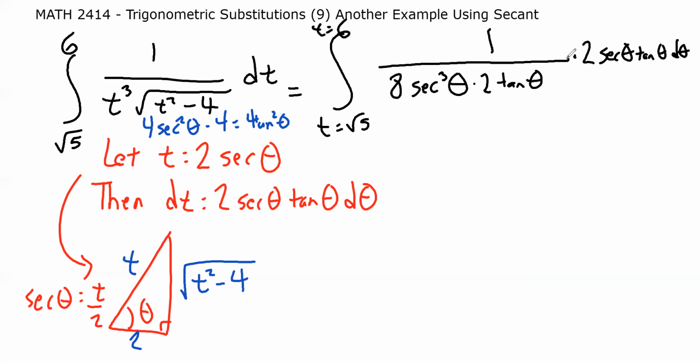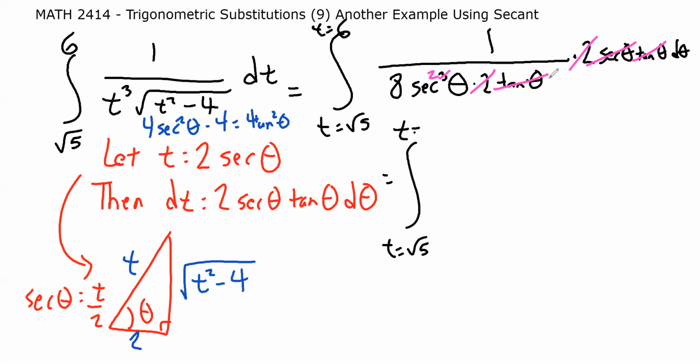In the top of the fraction, bottom of the fraction, we have a tangent, so that's good. The 2's will cancel. Remember, you can cancel parts of multiplication problems and fractions. And even one of the secants is going to cancel. That will leave a secant squared down there. Let's see where we are. We have the integral from t equals the square root of 5,